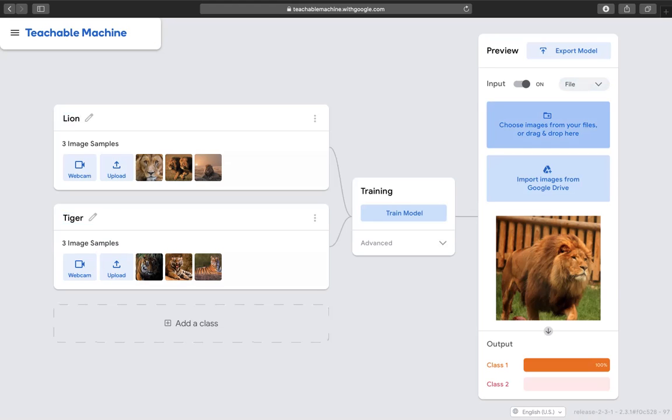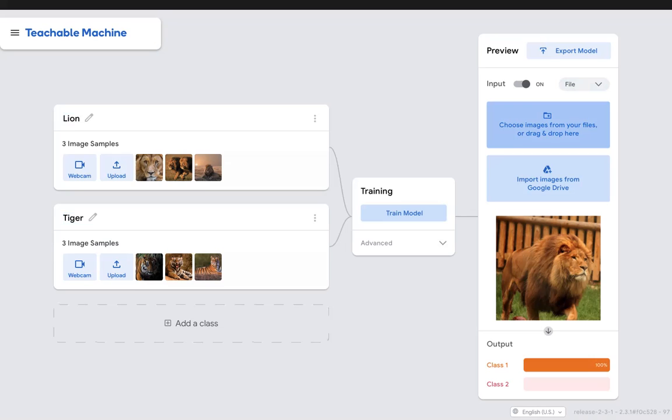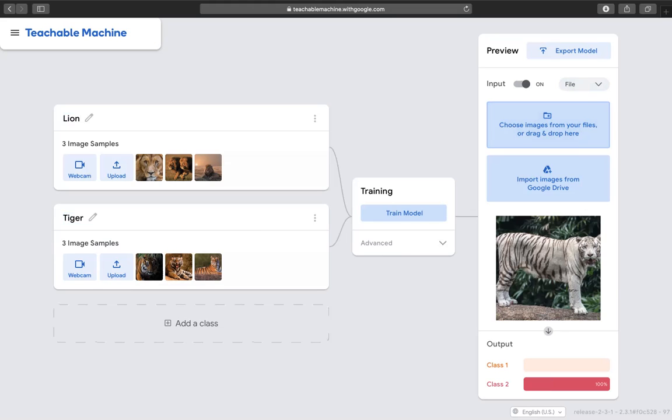So that worked. If we try a different image, now I'm going to give a curveball. I'm going to put in a white tiger and see what it says, because a white tiger is clearly an exception from the typical tigers we put in so far. It still managed to classify it as a tiger, class 2. I think the giveaway was the stripes and maybe the lack of a mane. But that's pretty interesting because I didn't try it with a white tiger. I wanted to see what would happen. So yeah, that was fun.